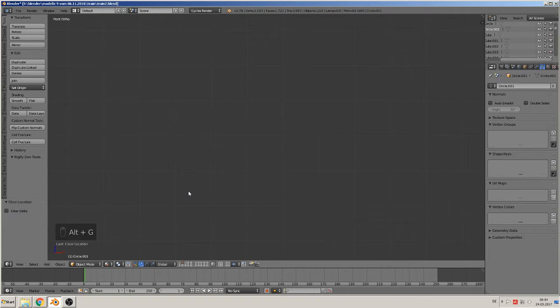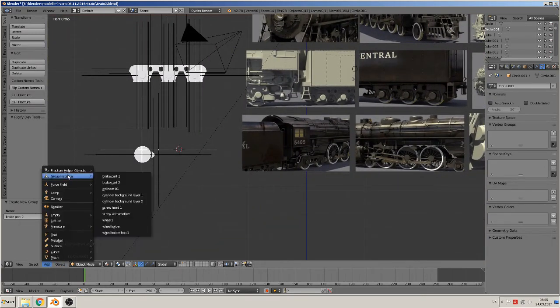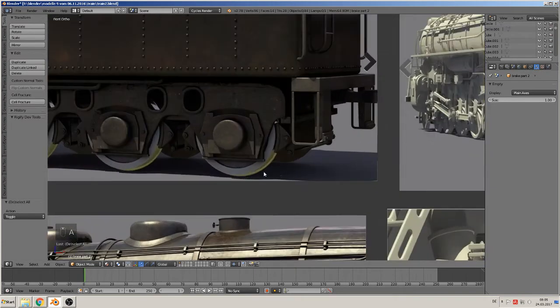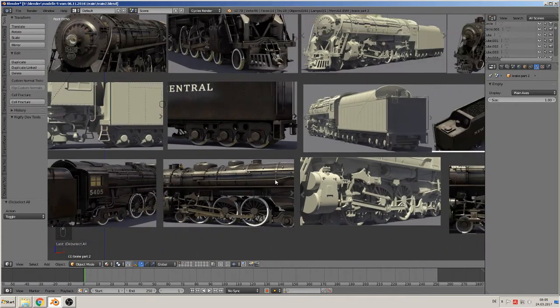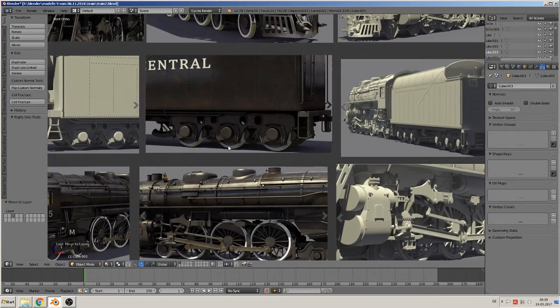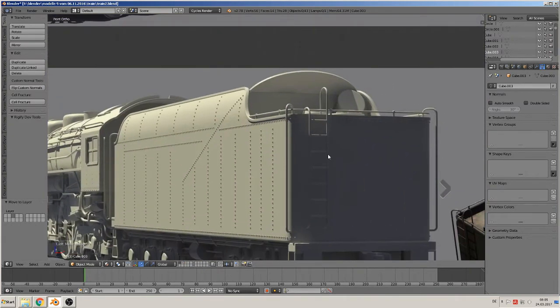Alt G, Control G, break part 2, and to the first, and add break part 2. So we got that. You see there is a large cylinder there. We make that when we make the other side, then it's better to do that. Okay, this thing here we can move to third layer 2. Then we see at the back part of this thing here, there is a ladder to climb up on the